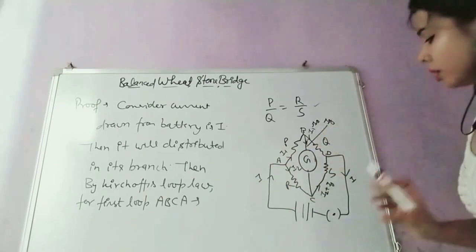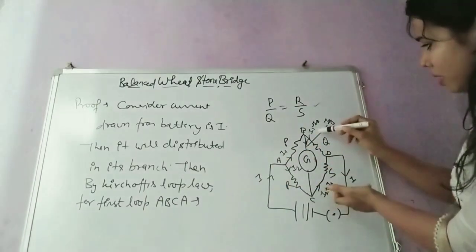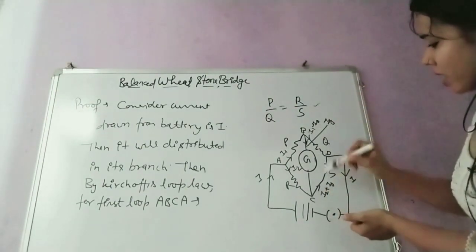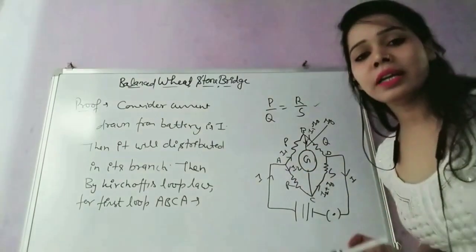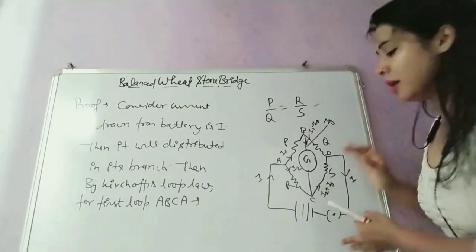जितना current आया उतना current जा रहा, so it is I. And you can solve also, I2 plus Ig, I1 minus Ig, so Ig is cancelled, I1 plus I2, that is what? I only. Okay, so up to here I think it is clear. Now I am going to derive. If you understood this diagram, then you can solve it easily.